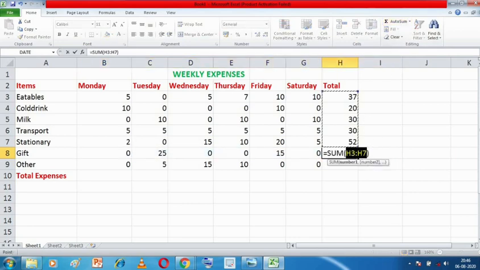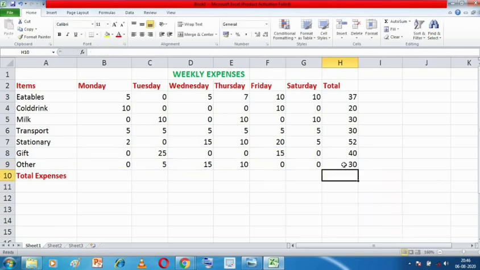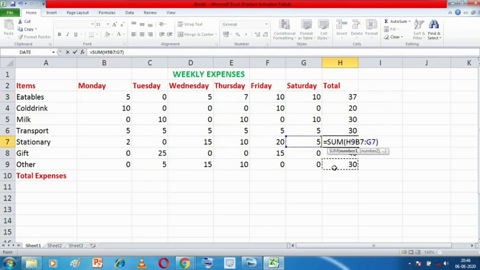Again it is showing me a different cell, so I will change my cell address to B8 to G8, and click enter. For the next AutoSum, again I have to change the cell addresses to B9 to G9, and click enter. So see, very quickly with the help of functions also, I have done the calculations. Either you can use formulas like this, or you can use functions like this to calculate the sum.